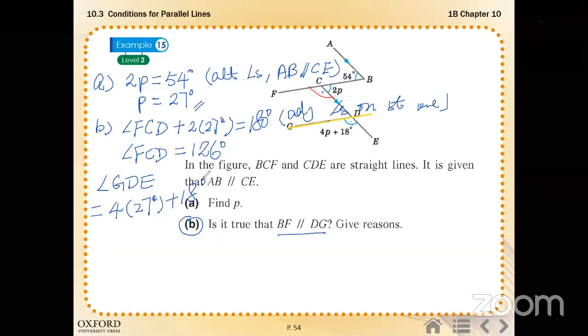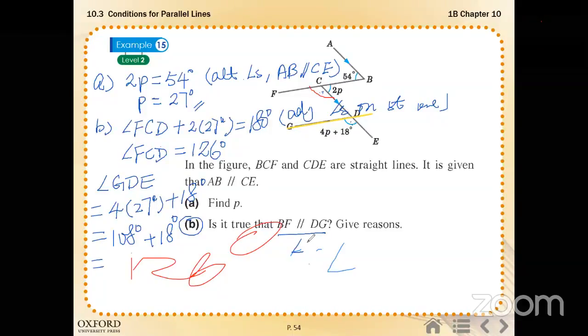And then 4 times p, you can do it slowly or you can just do it quickly if you can. Otherwise, step by step will be 108 plus 18, 126, yes. And therefore, we write clearly, angle FCD equals angle GDE